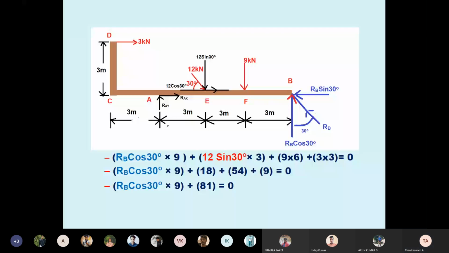Any forces that come to the reference point. Uday Kumar, yes, why, sir, are you making confusion here? I told you any forces coming to the reference point do not give moment. Repeat the statement: any forces that come to the reference point or go to the reference point do not give moment.